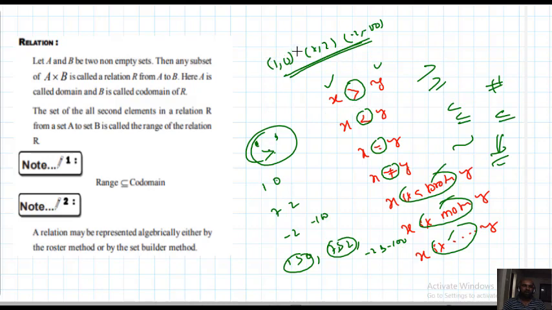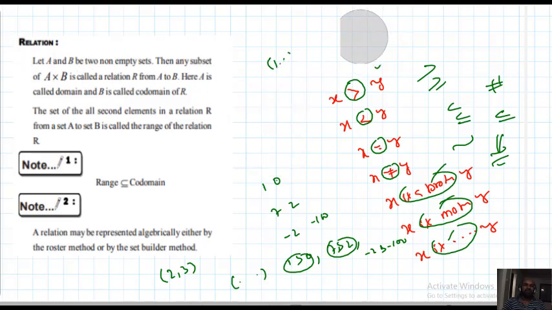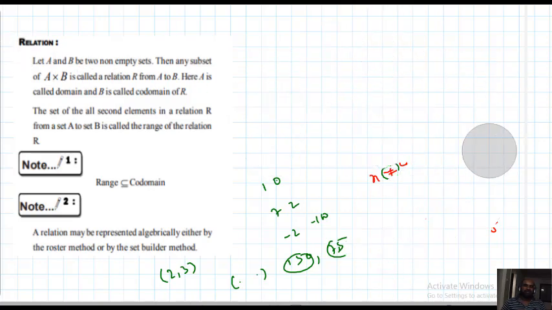So a set of ordered pairs is a relation. An ordered pair is a relation first of all. For example, (2, 3): there exists a relation between 2 and 3, that is, I can say less than. When an ordered pair is taken, there always exists a relation from the first component to the second component. That's why every ordered pair is a relation from first component to second component. So the mathematical definition of relation is: a set of ordered pairs is a relation. That is important.